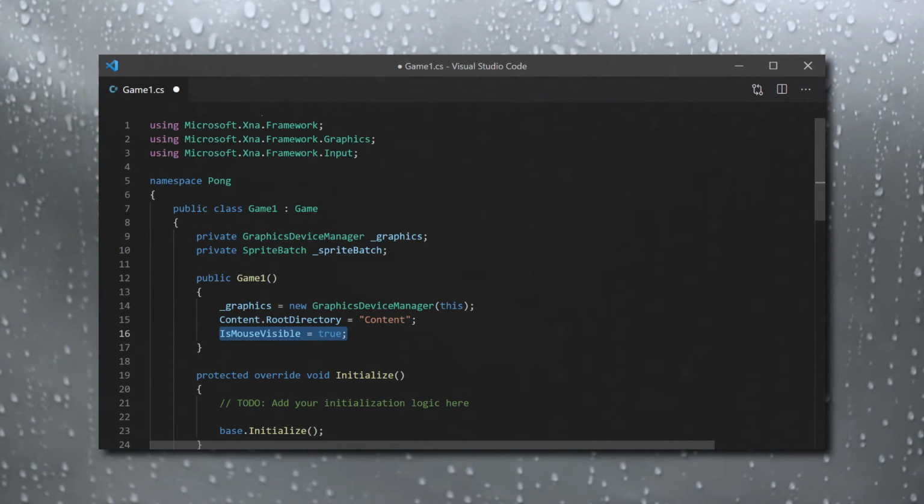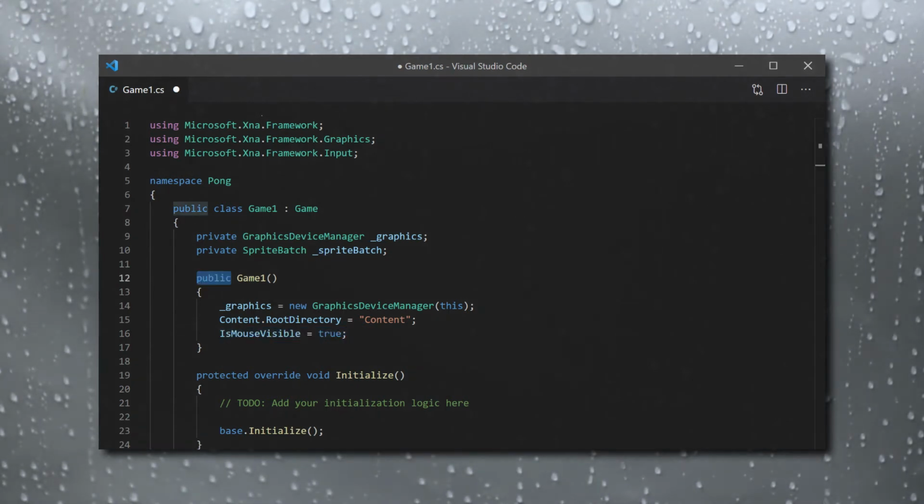There are 3 new keywords here too. First off is public, which just means that it is accessible outside the class. This is so other objects can create this object. Then we have the new keyword. It is how we know that we are running the constructor and not just referencing the class. Finally, we have the this keyword. This refers to the object the code is being called by. In this case, it's the new Game1 object.